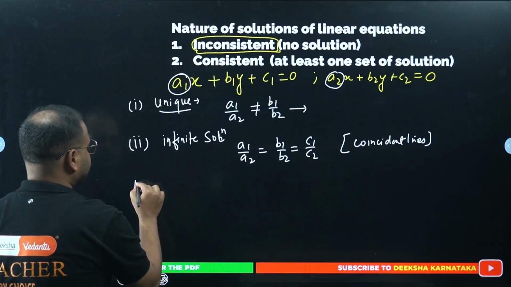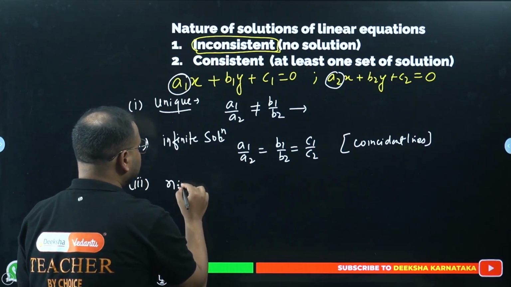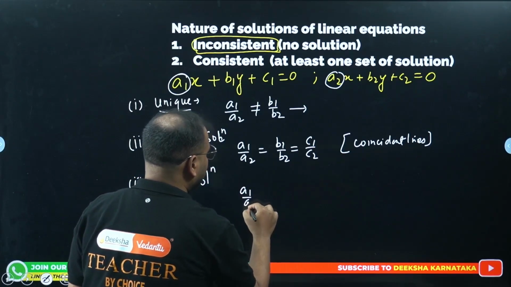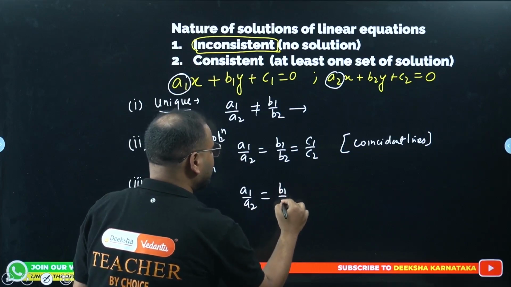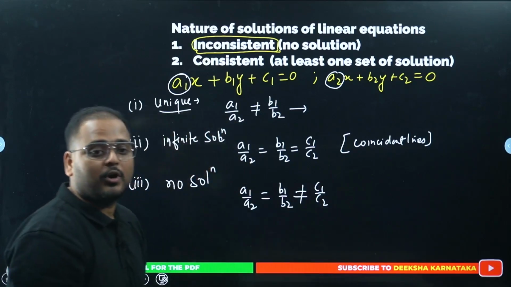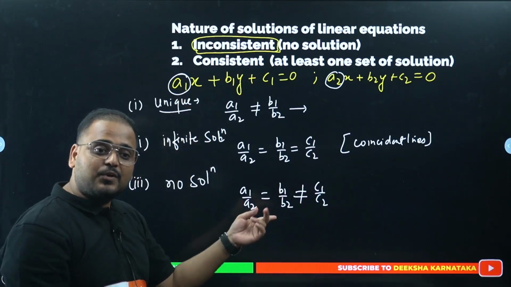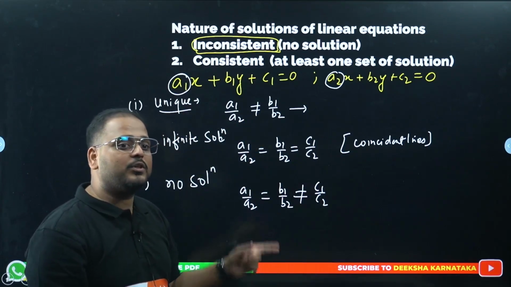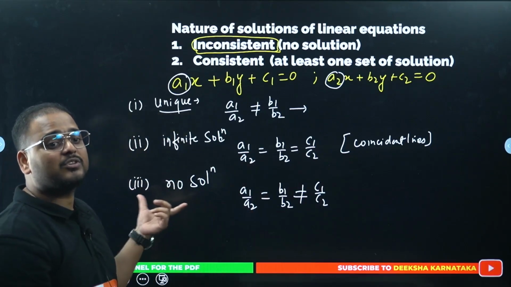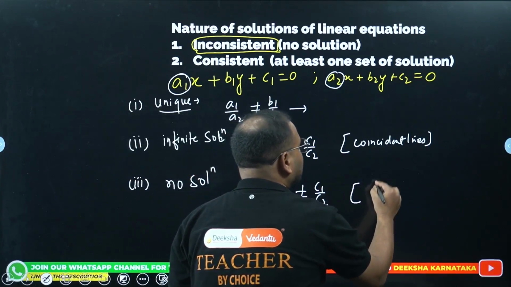The last one is no solution. Simple, no solution. This is the case when A1 by A2 is equal to B1 by B2 but not equal to C1 by C2, means the ratio of the coefficient of x is equal to the ratio of the coefficient of y but not equal to the ratio of constant terms in both the equations. When that happens, the equations will have no solution, and they will be called what? Parallel